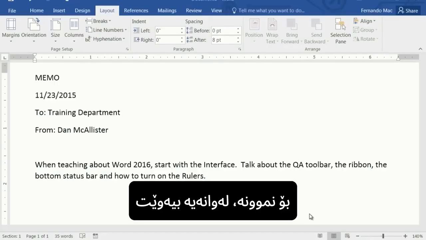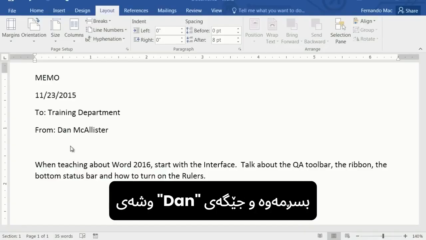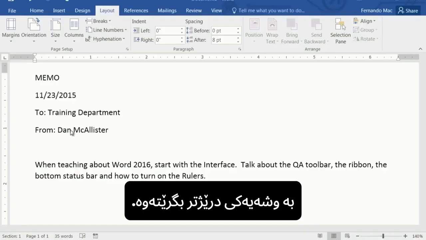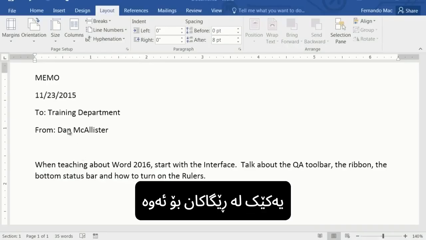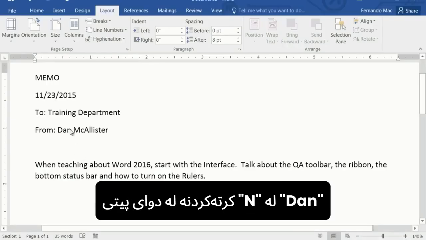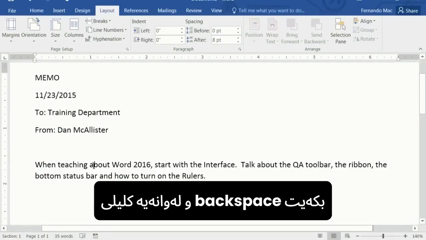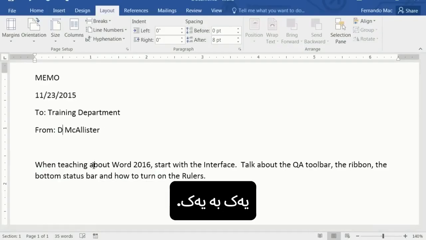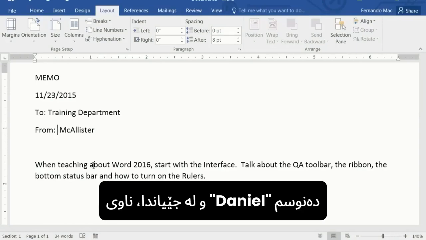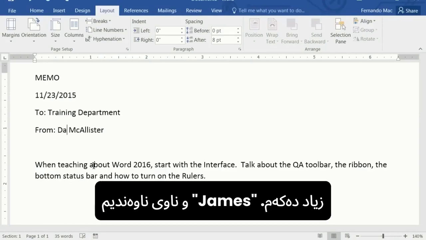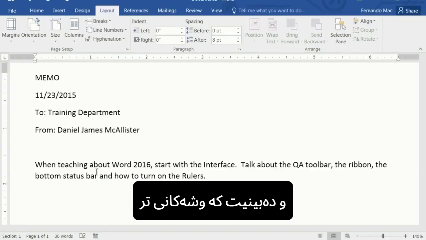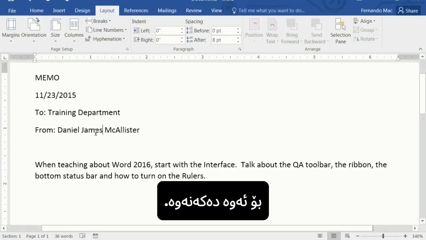So for example, maybe I would like to get rid of the word Dan and replace it with something longer. So one of the ways I can do this is to click to put a cursor right after the N in Dan, and maybe hit the backspace key to take those letters out one at a time. And then in their place, I will type in Daniel and add my middle name, James. And you'll see as I do that, the words that are there already, they just move over and make room